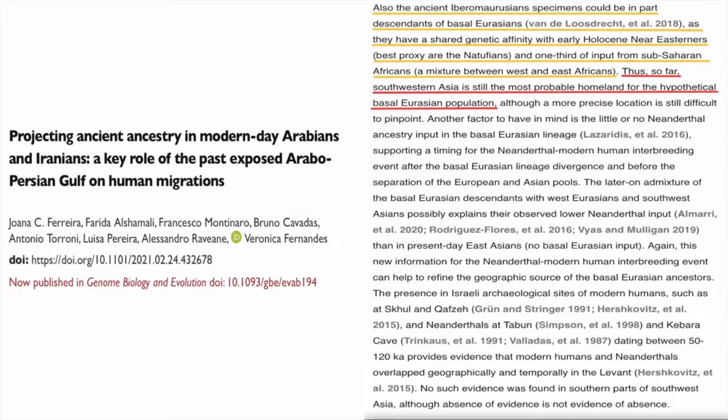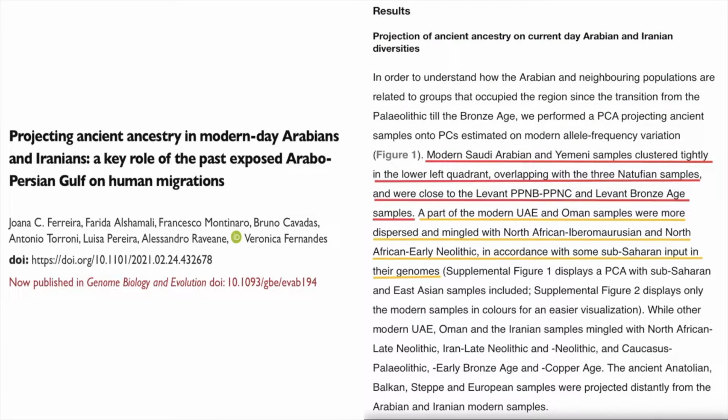So, just to summarize this part, ancient Ibero-Maurusians are descendants of basal Eurasians, and of course they share genetic relations with early Holocene Near Easterners like the Natufians, and they even have some African DNA in them as well, which is fairly interesting. And so it says, modern